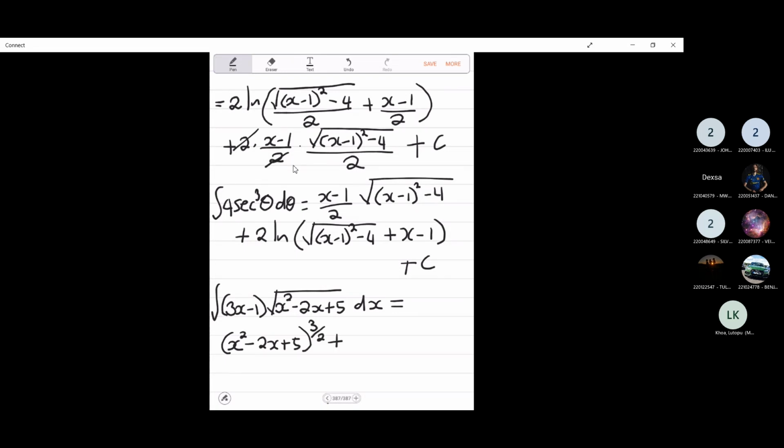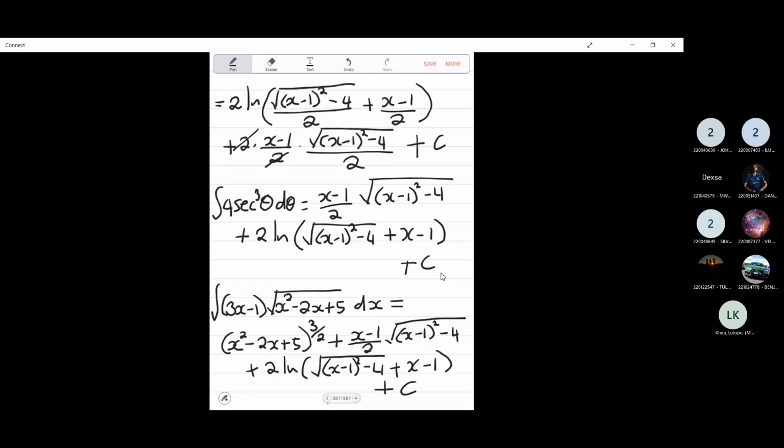And then the second part, which is this entire expression. So it's x minus 1 over 2 times the square root of x minus 1 squared minus 4, plus 2 times ln of the square root of x minus 1 squared minus 4 plus x minus 1,